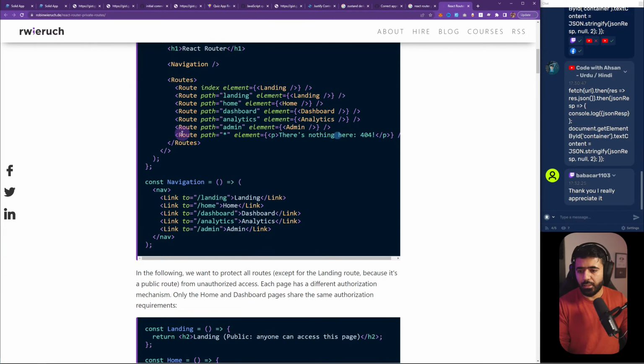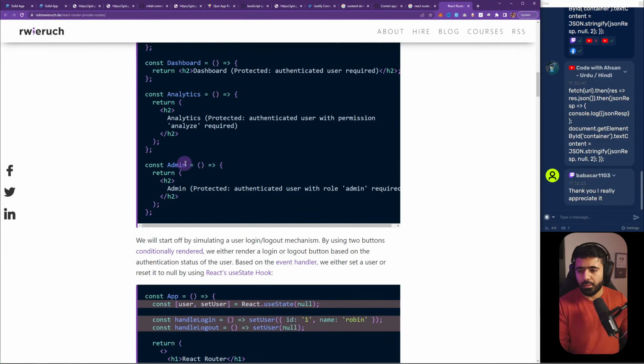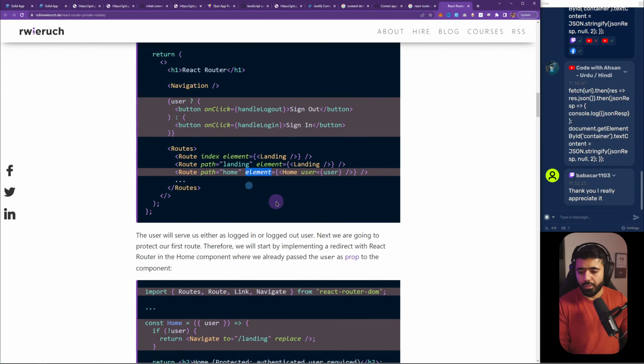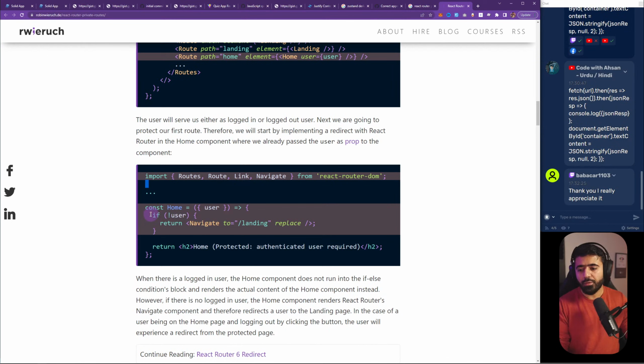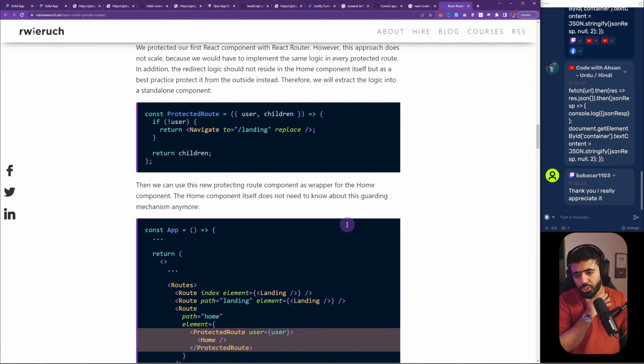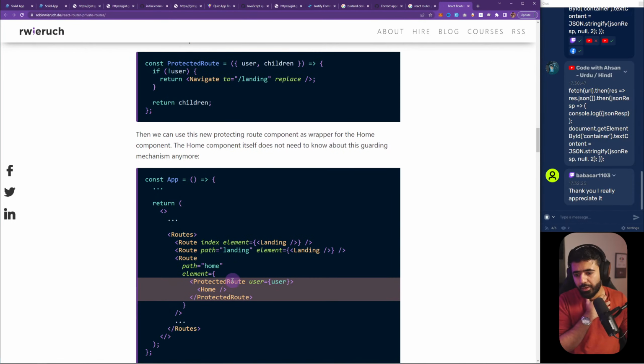Let's see, there's nothing here. Route path, blah, blah, blah. Okay. Landing, blah, blah, blah. State, handle logout, set user, blah, blah, blah. You do this, you go ahead. So if not user, then navigate to landing. I don't want to do that. I want to have a protected route. But if not user, then it navigates to,